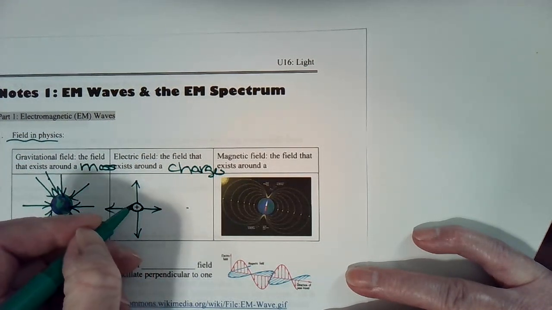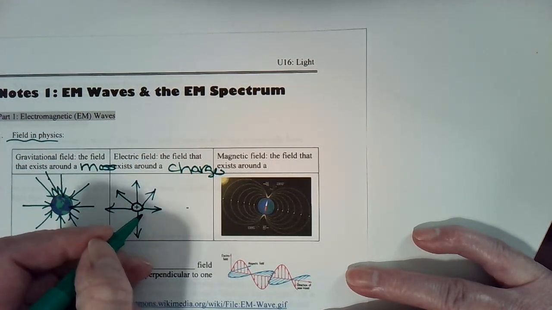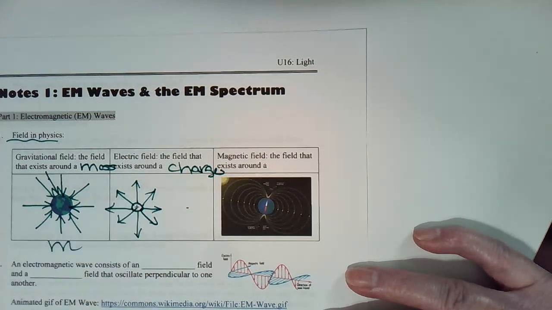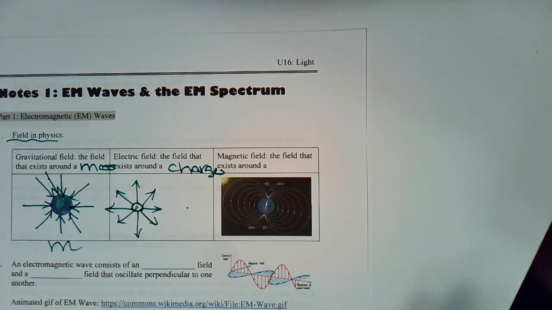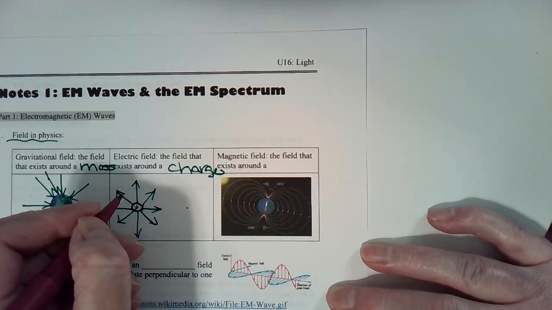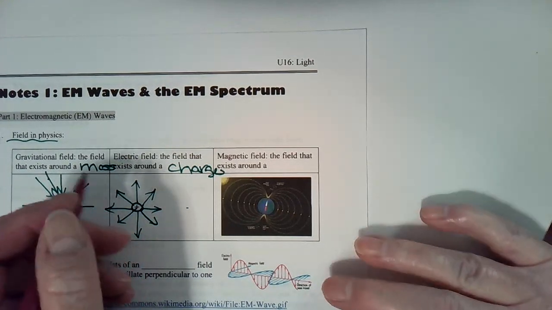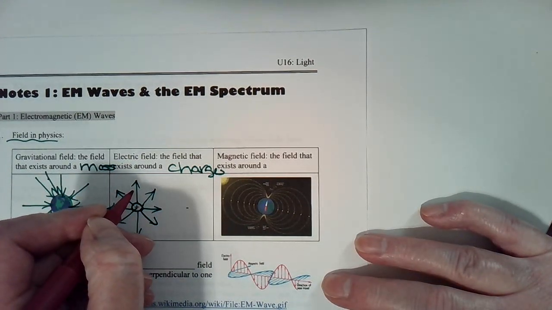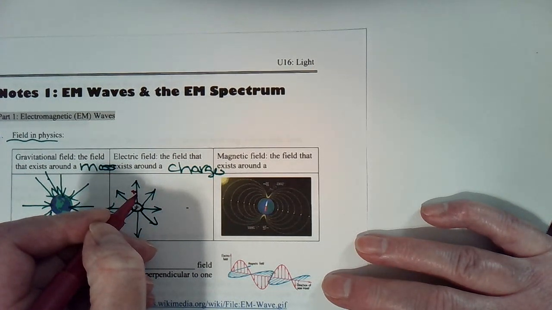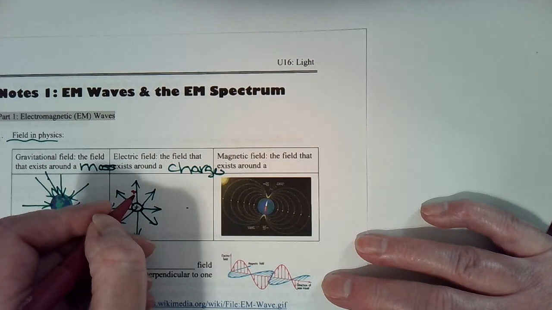So the question becomes, how do I know the arrows point outward? The direction of an electric field is determined by pretending that you have a positive charge, called an imaginary positive test charge. So you have an imaginary positive guy